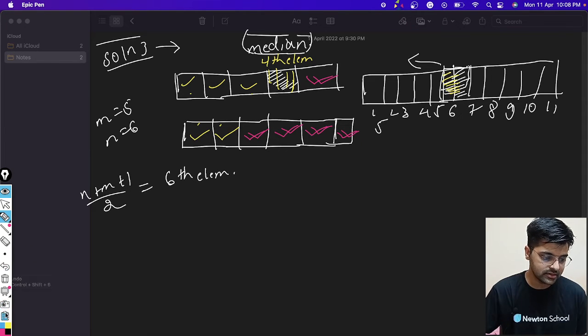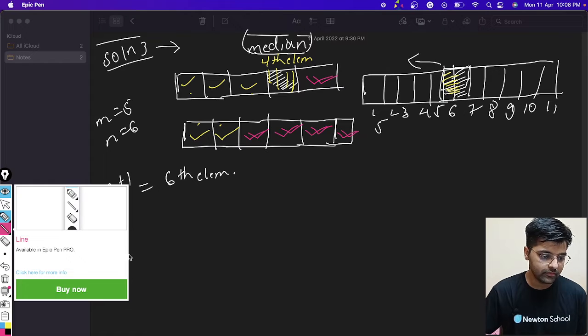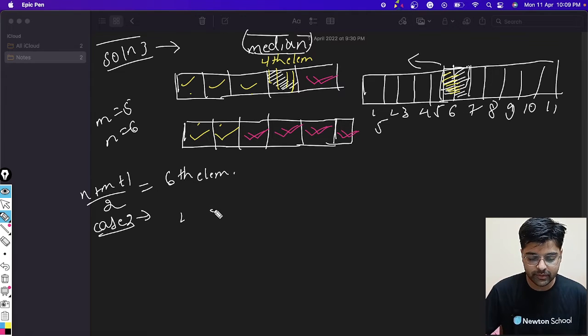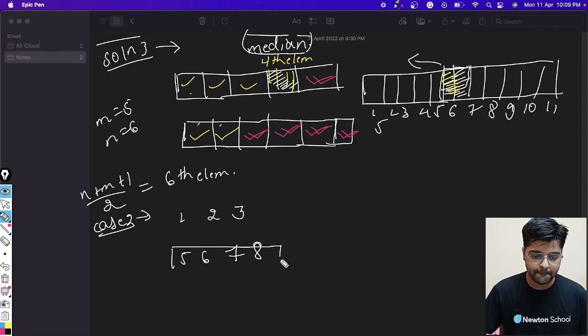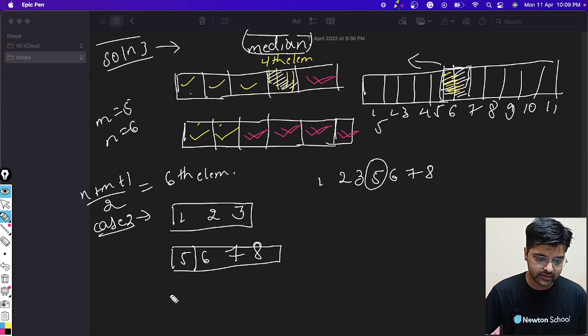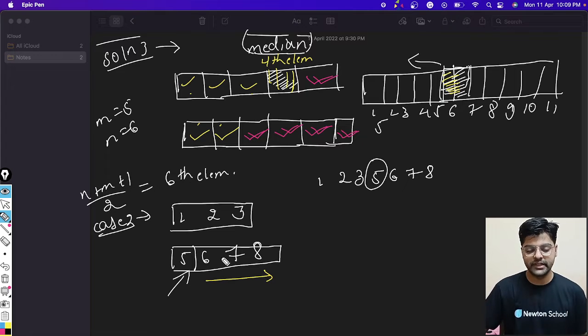Let's discuss another case. Case 2, where the elements will be like 1 2 3 and 5 6 7 and 8, right? So if we merge the array like 1 2 3 5 6 7 8, then this will be the median. This is the first element, and by the property of the array, this element will be greater than the median.